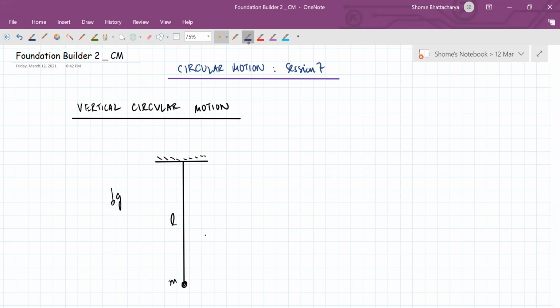So this is a light thread, and this is a particle. When it is in the equilibrium position over here,